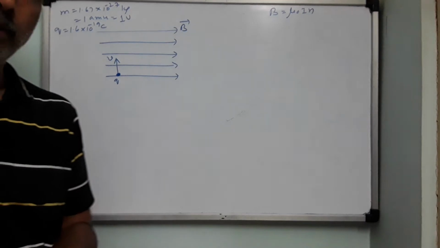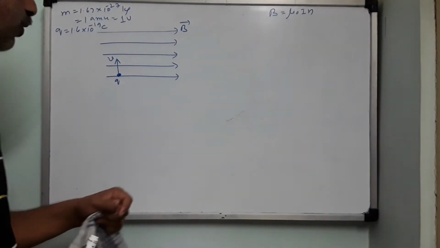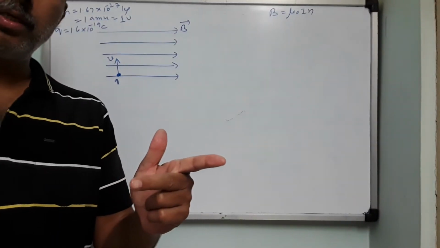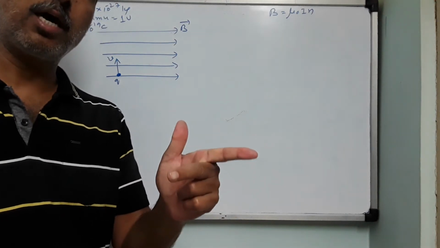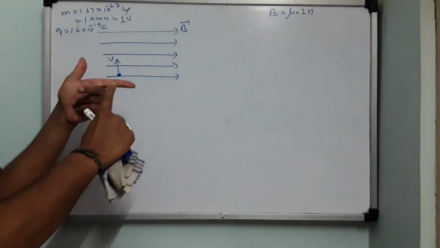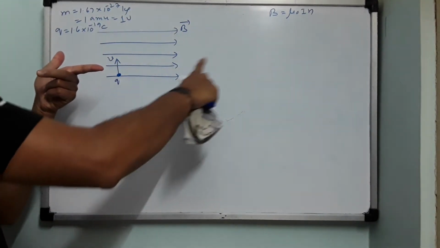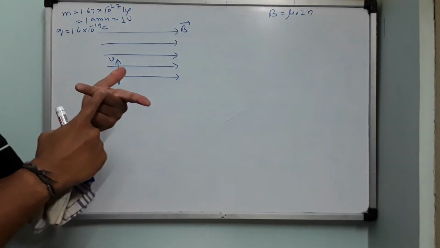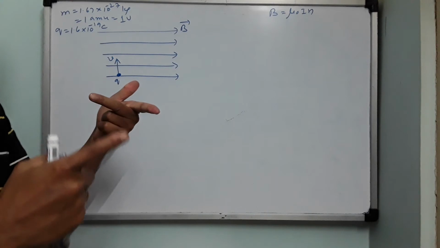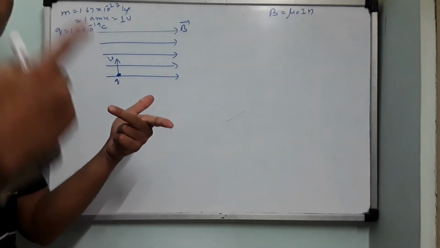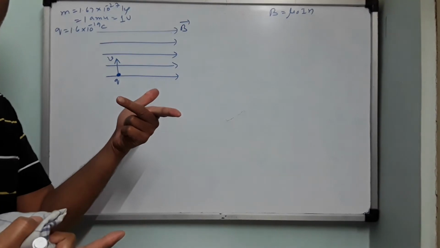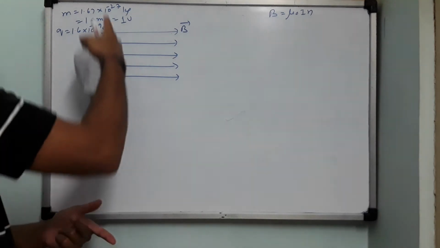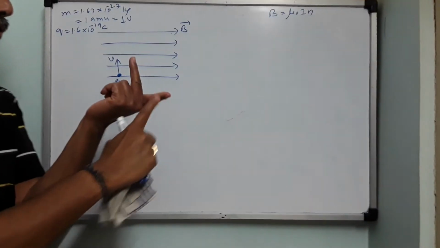Now let us apply Fleming's left hand rule to understand the motion of this charged particle in the magnetic field. Okay. Right. So stretch the first 3 fingers of your left hand such that they are mutually perpendicular. Then the 4 fingers show the direction of field. So this is the direction of my magnetic field. So I am stretching my 4 fingers parallel to the field. Now the central finger shows the direction of current. Current is due to flow of positive charges, let us say. In the direction in which positive charges move, in the same direction, the current direction will be there. So if the proton is a positive charge moving upwards, it means current also is moving in the upward direction. So my central finger will go up like this.